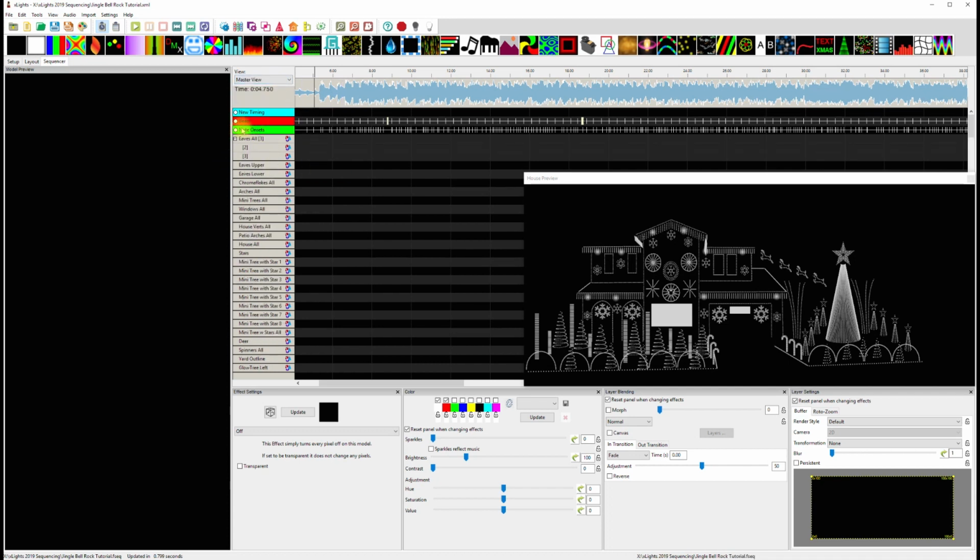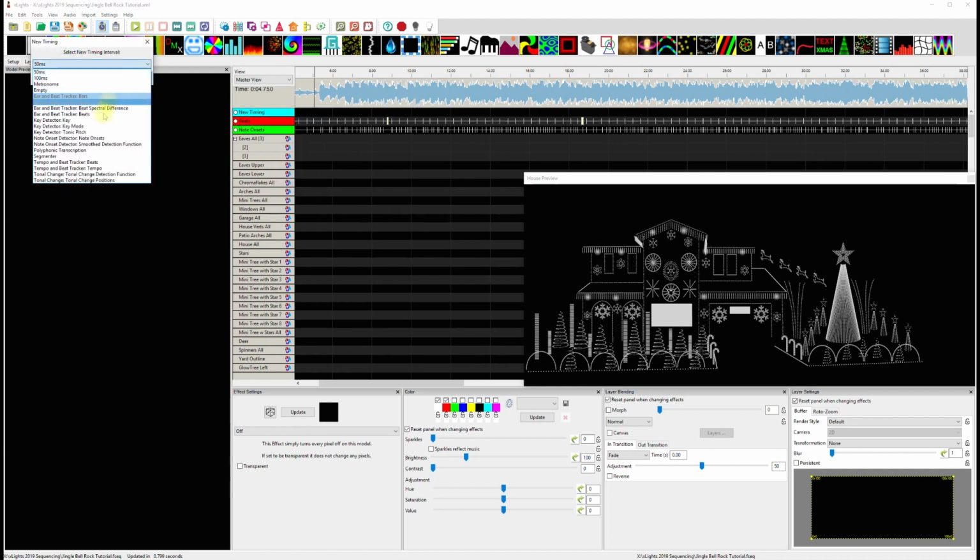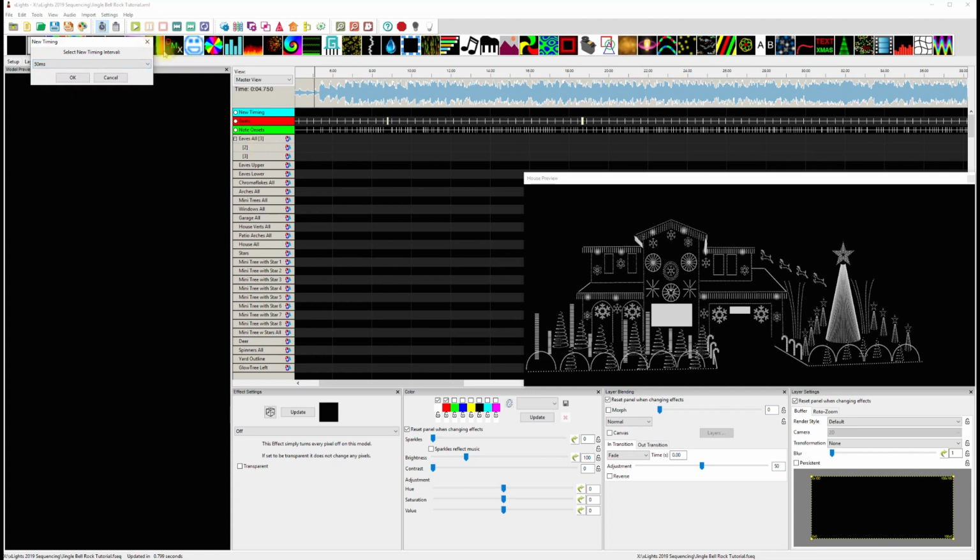And I've only set up 2 timing marks automatically. Just right click in here, add your timing track, tell it you want one of these cool timings, and you're off. That's all there is to it. I always leave my new timing up here just in case I want to create something like a start point. For instance, from here,